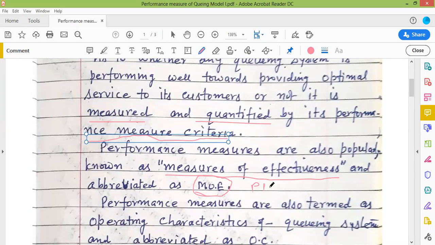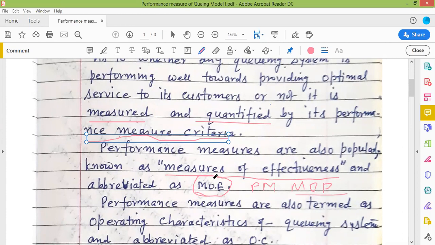PM means performance measures or measures of performance. If you want to write it, this may be MOP, measures of performance,